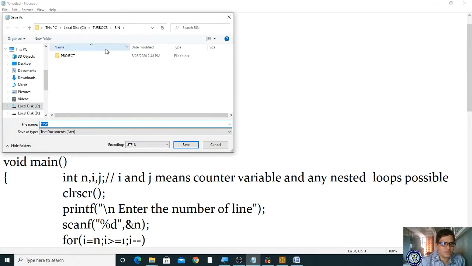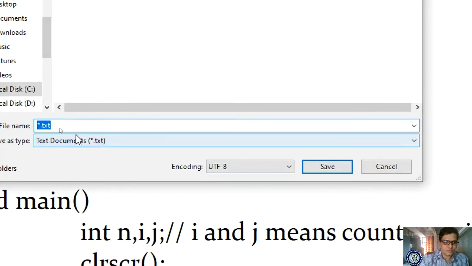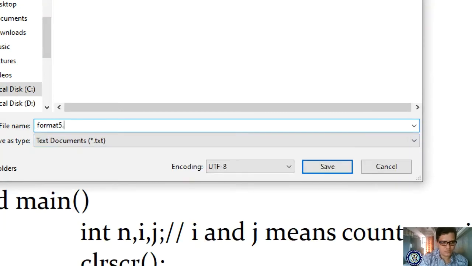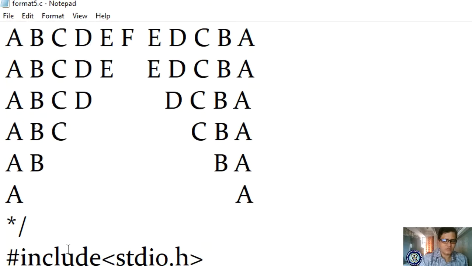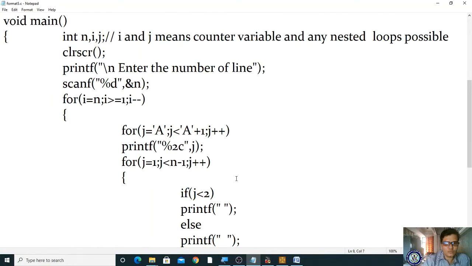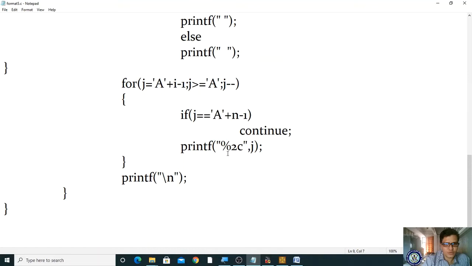I'm saving it as format file, format file.c. Okay, yes. Now we will see this program very carefully. Okay, I will explain you within a short time, just a minute.